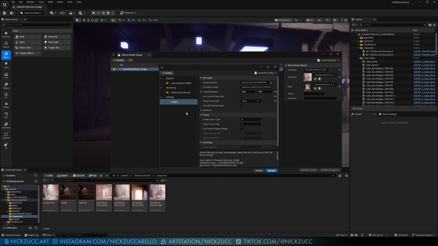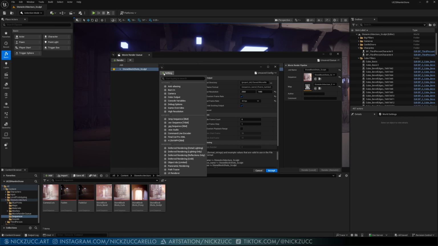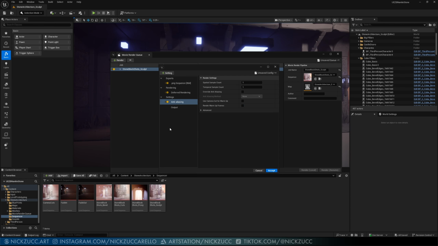Let's go take a look at a few more options on here. The other thing is I'm going to put on this anti-aliasing mode. And on here, I'm going to do this override anti-aliasing. I'll set the method to none. You could set it up to one of these versions within here. And I do believe you're probably going to be working with temporal super resolution. You probably have that one on, but depending on your settings, you would know if you've changed some of this stuff. If you put it on none, we're going to be able to work with these spatial sample counts and temporal sample